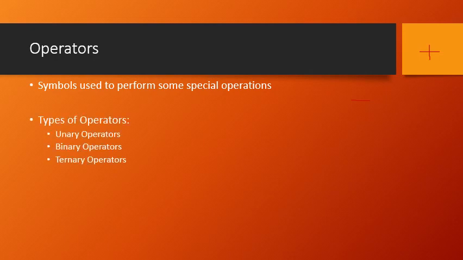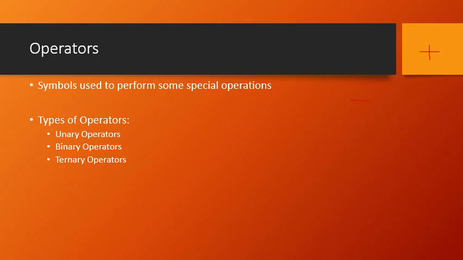Next token is operators. Operators are nothing but symbols which are used to perform some type of operations. Simple example, if one wishes to calculate the addition, to do the sum, then we use the plus symbol. So the plus symbol is one of the operators. There are varieties of operations the C program supports. In detail we will study once we deal with the operators concept. Here we are learning only brief information.